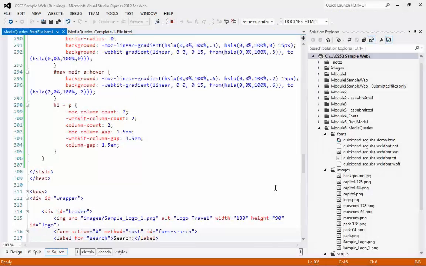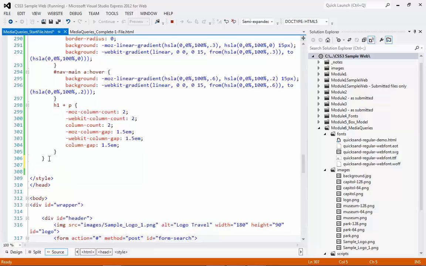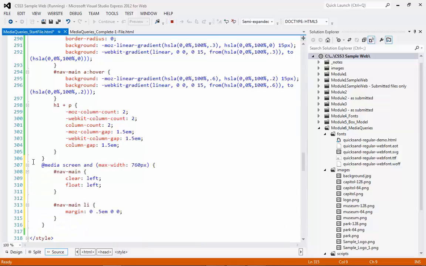The first thing we want to think about when we start working with the smaller screen sizes is to go down toward a tablet size screen. So we're going to look at a maximum width of 760 pixels. So I'm going to add another media query here, and I'm just going to pop this one in and we'll talk about it. So I've added a media query for an @media rule for screen and max-width of